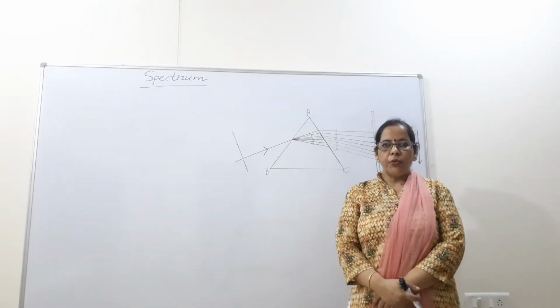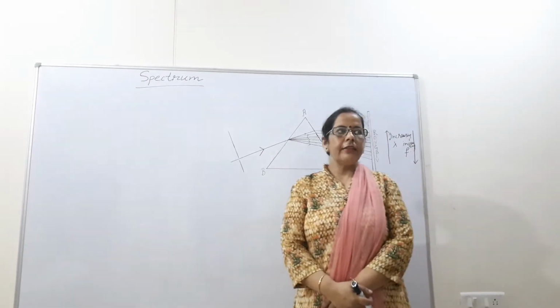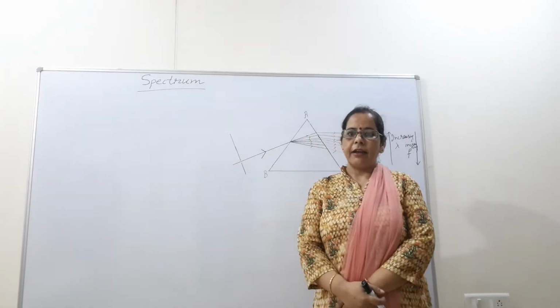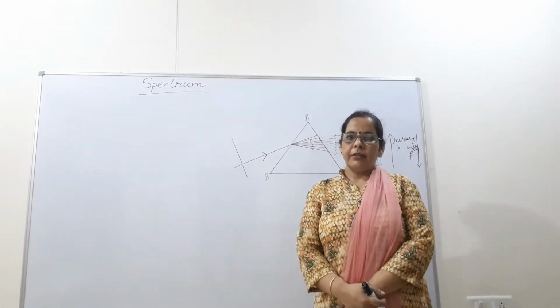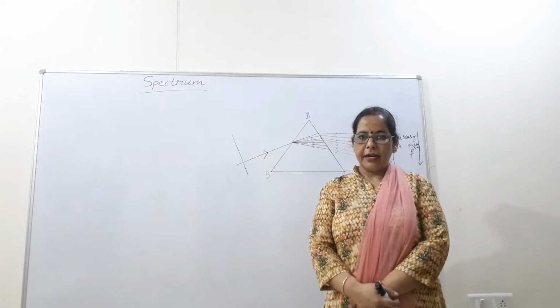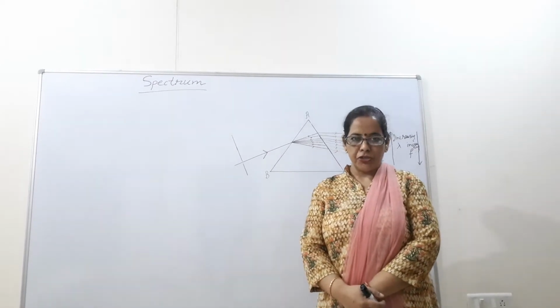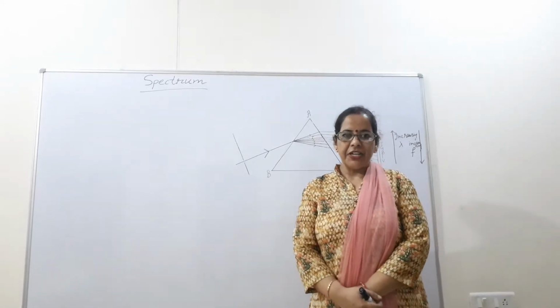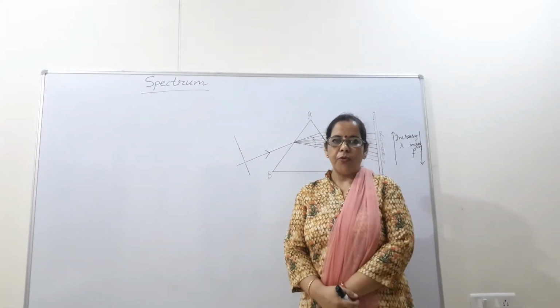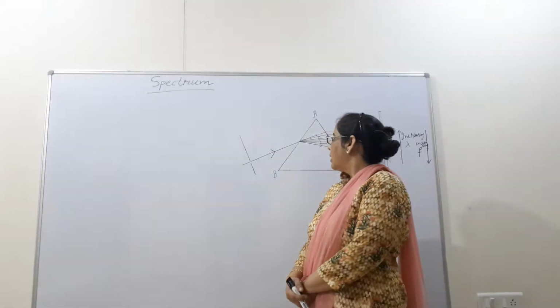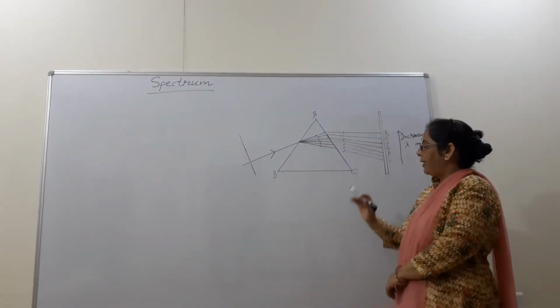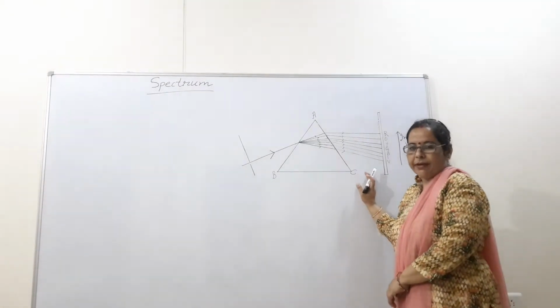But when we are looking at the sun, we are thinking that we are getting heat and light only. But we are not getting only heat and light, we are getting some invisible radiations also, and those radiations are called electromagnetic radiations. In the last video we did the visible spectrum.